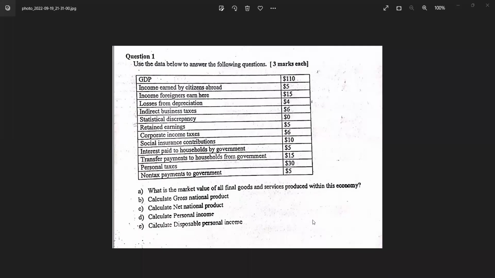Sorry, I was logged out. Let's wrap it up. We don't have much time. Let's finish it up. If you know, just raise your hand. We said the personal income. How do you compute it? Let's go. The NNP